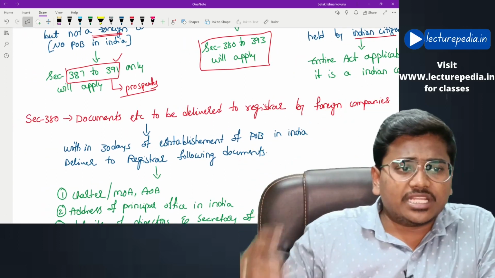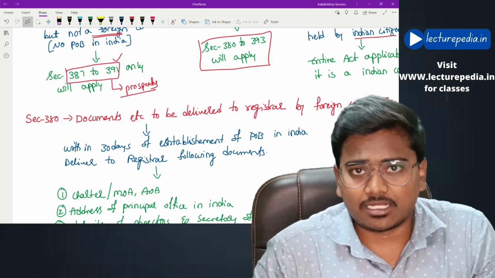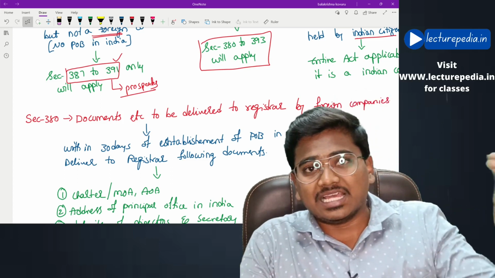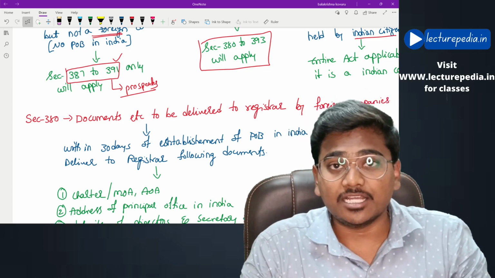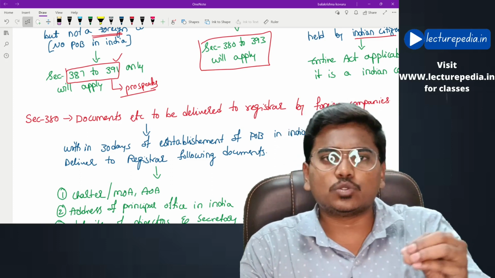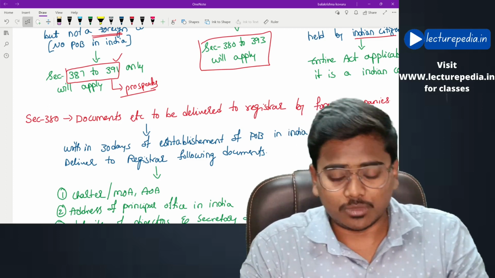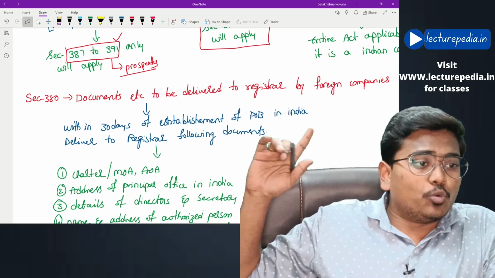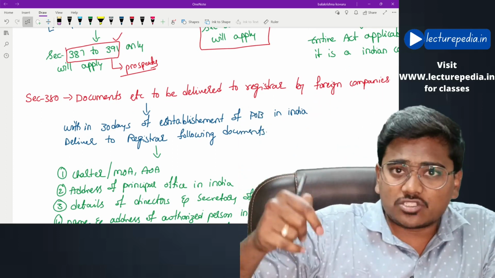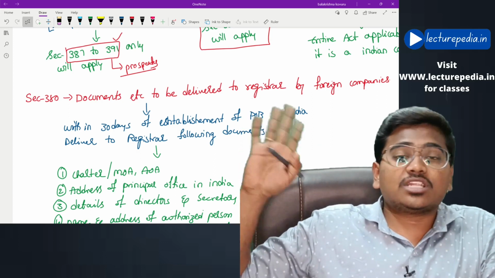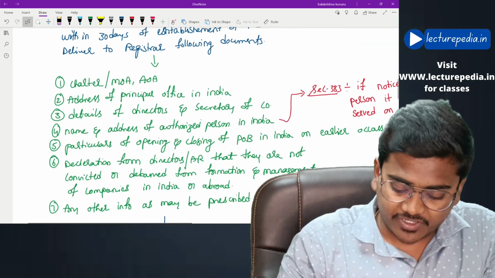Documents etc. to be delivered to the registrar by foreign companies. Once a foreign company establishes its place of business in India, then within 30 days it has to deliver certain documents to the registrar. What are those documents? Let us see. First of all, within 30 days of establishment of place of business in India, deliver to the registrar the following documents. First one,